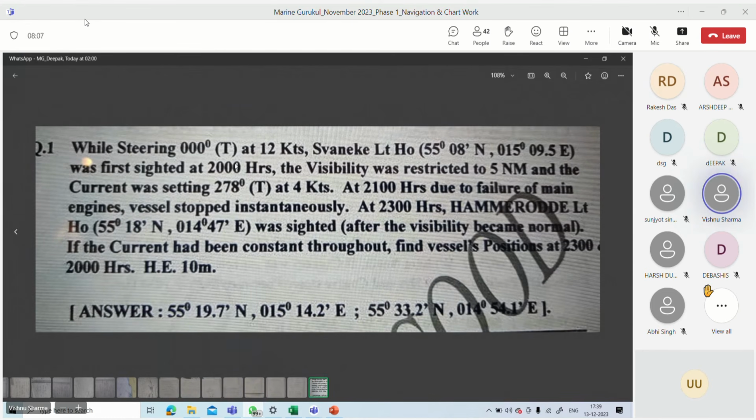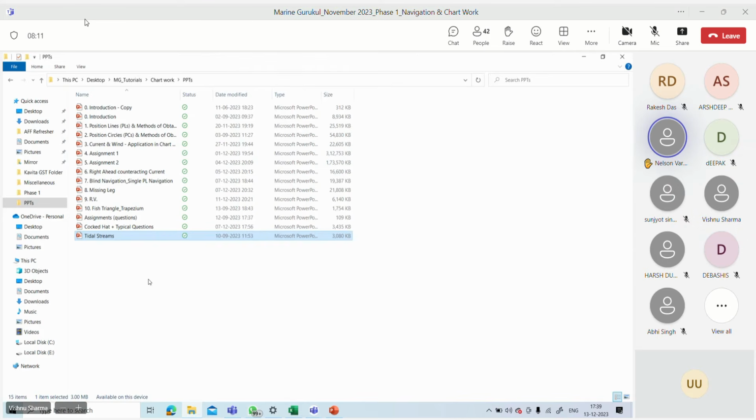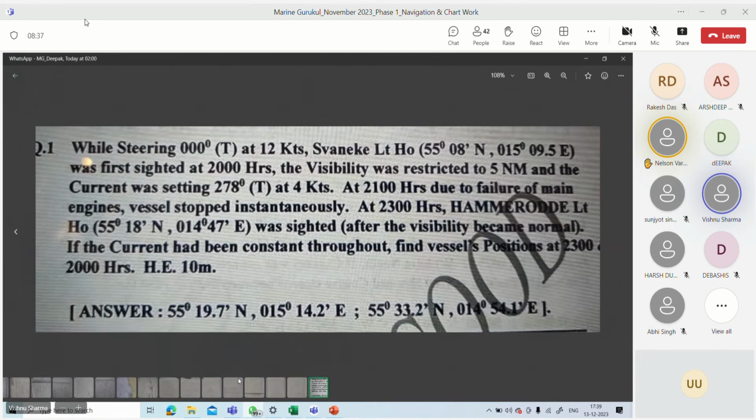Okay, beta? Sir, I had tried solving this, and what I got was that the Hemi-Road light range is not actually required. Why? Because, sir, it is saying normal visibility. It is not saying first sighted or last sighted. It is saying that it was seen when visibility became normal. What do you mean by seen? Sir, first we have to push the current only. Otherwise, what do you mean by seen? But I'm just thinking aloud. I'm not saying anything to you about your interpretation.